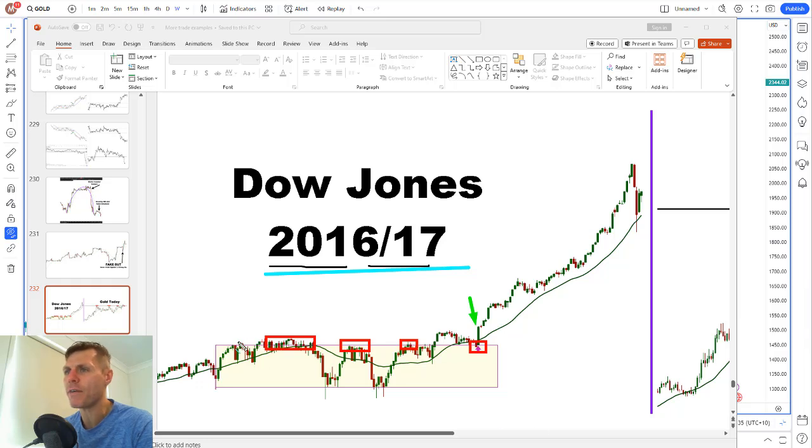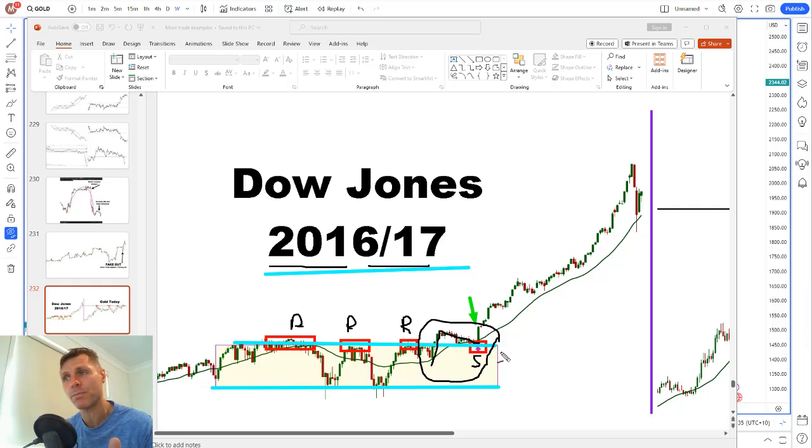But one thing I do notice is that whenever we start to identify a channel there and there, whenever we're in a channel, then we're range bound, right? No one's really in control. But what can happen is that we start to get a bit of a breakout to the upside, and we start to get the L-shaped pattern here, right? So not only is it resistance, and resistance through here, and then becomes support through here, but we also get what? The L-shaped pattern. It's not just resistance becomes support, it's resistance a lot of times, then goes up, creates the L-shaped pattern at that level at support. Now I'm going a level deeper here, right?